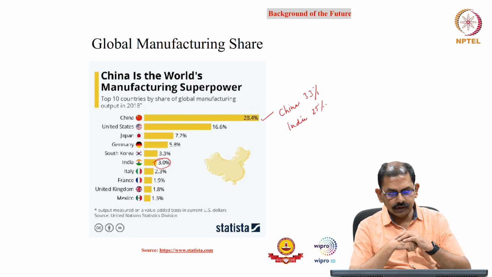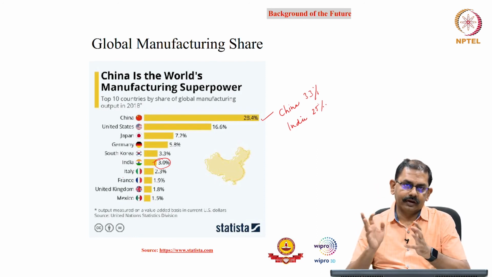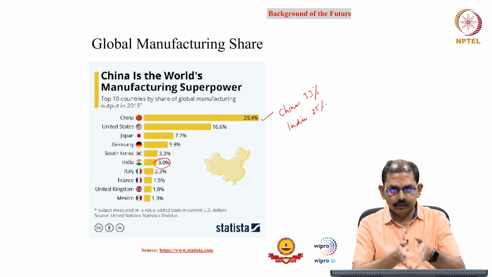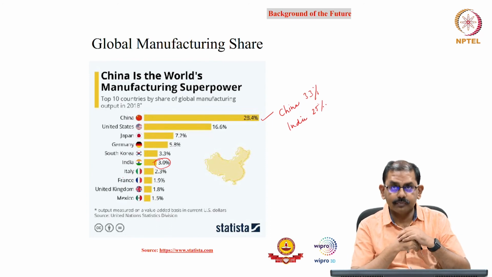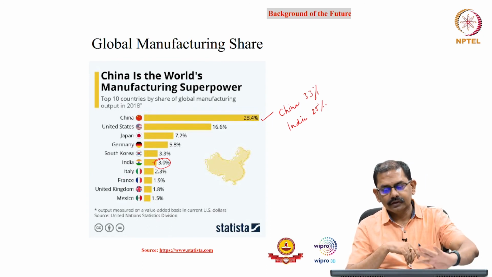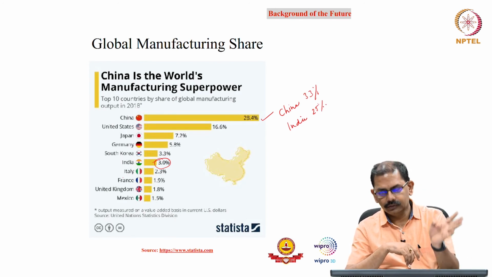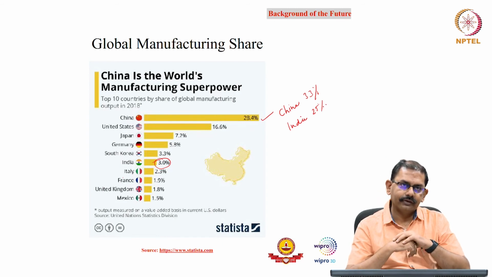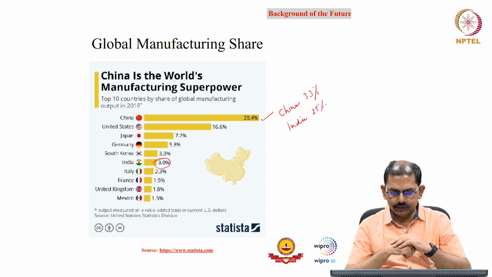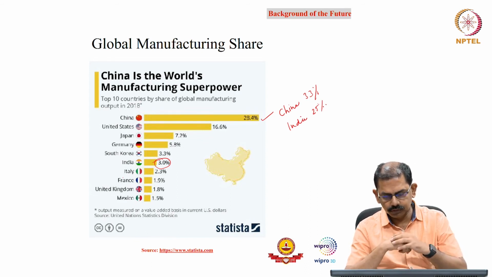So most of the countries who have leveraged the Industrial Revolution well are part of the top 10 list, correct. China in fact has significantly gained a lot from outsourcing, right. We'll talk about that when we talk about supply chains. A lot of cost arbitrage. The US traditionally is a high manufacturing country, but their global contribution is about